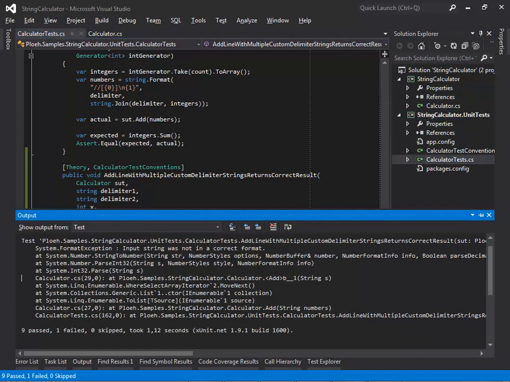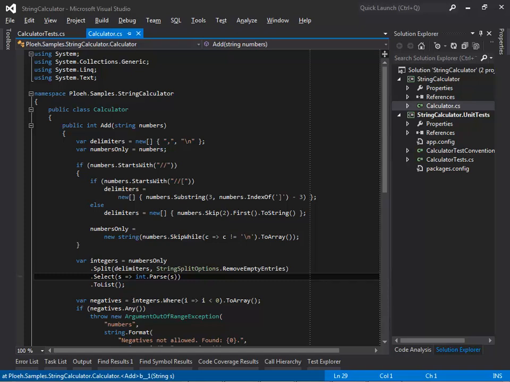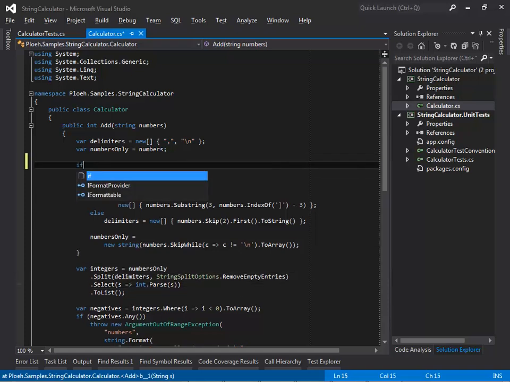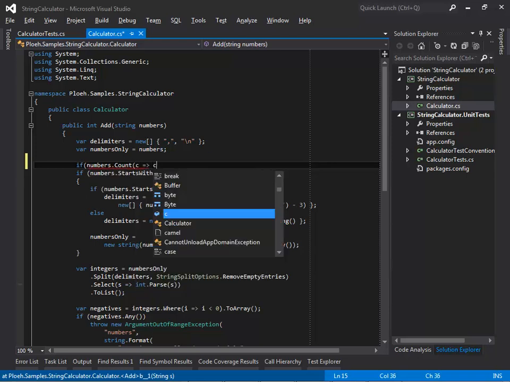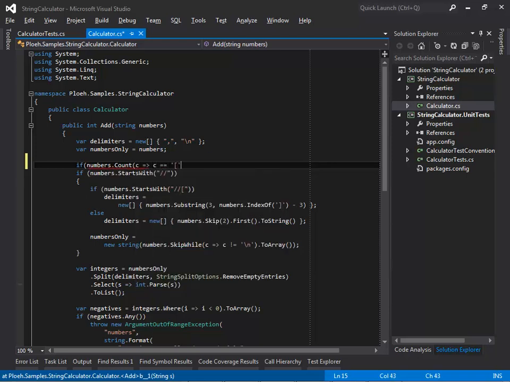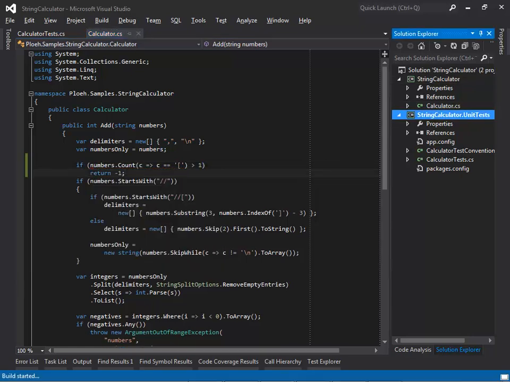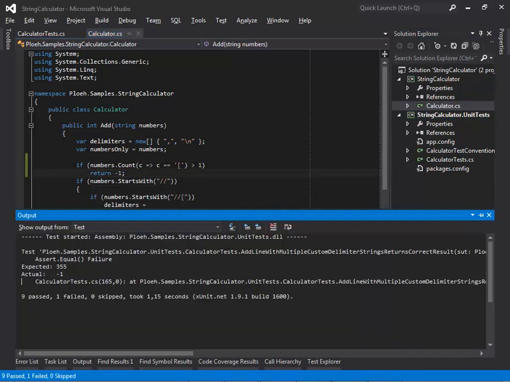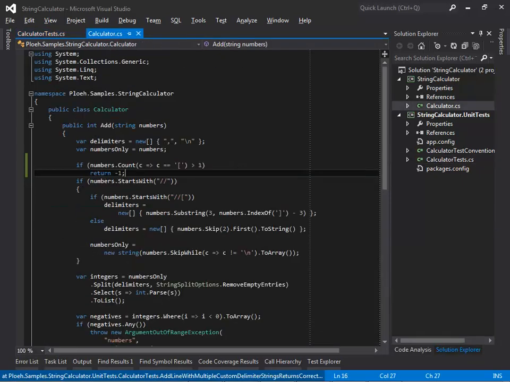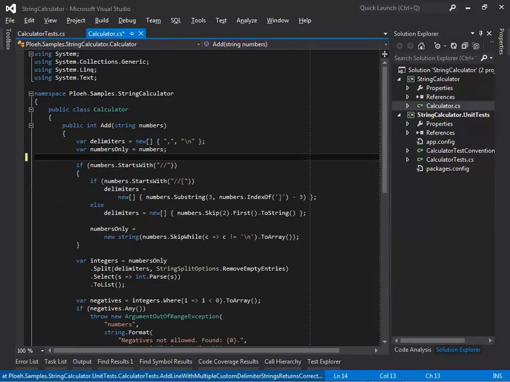Currently, the test throws an exception before the assertion, so according to the red-green refactor process, I must first put the SOT in a state where I see the test fail as expected. I do that by returning -1 if the input string contains more than one opening square bracket. The test now fails as expected, which prompts me to remove the condition I just added and instead change the